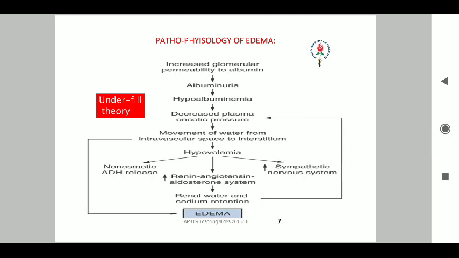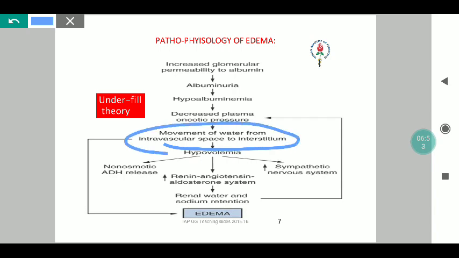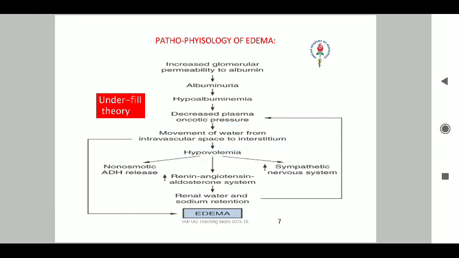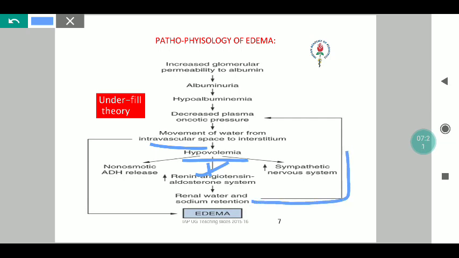Now, this is where it gets a little confusing. I will simplify it. When there is a movement of water from the intravascular space to the interstitium, that itself will cause edema, because edema is because of excessive interstitial fluid. Now, because of this loss of fluid into the interstitium, there is a relative hypovolemia within the intravascular space. So the renin-angiotensin system gets activated because the body thinks that there is a gross loss of water. Because of that, there is water and sodium retention at a cellular level, which in turn causes decreased plasma oncotic pressure and an increase of this cycle once more.